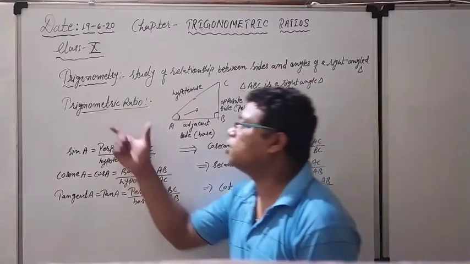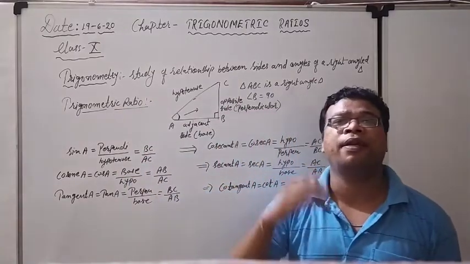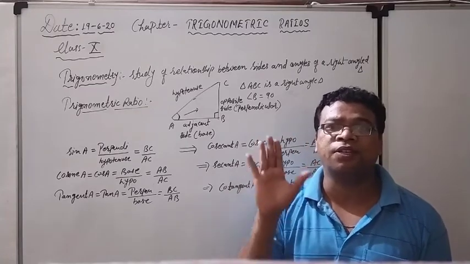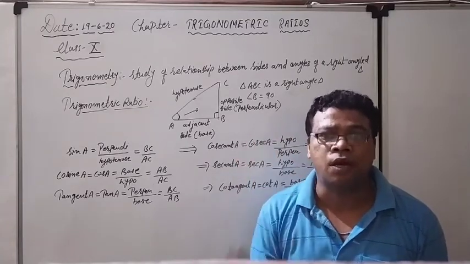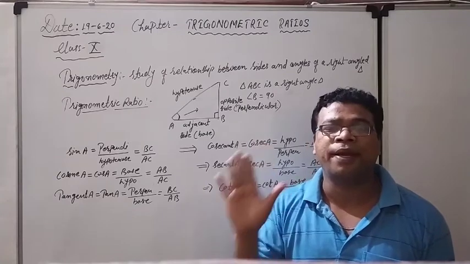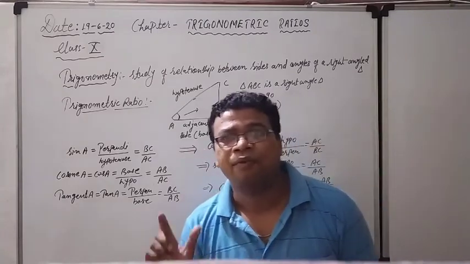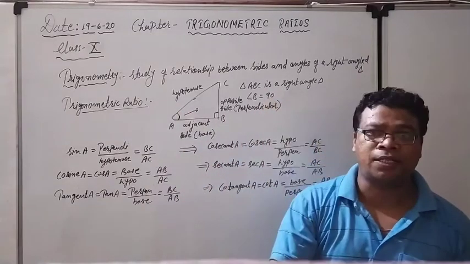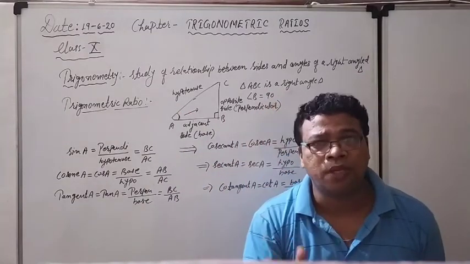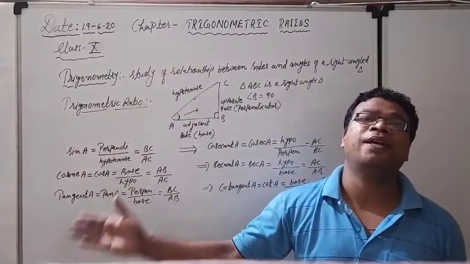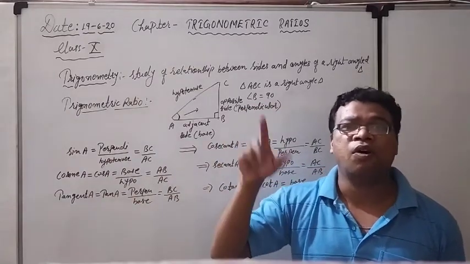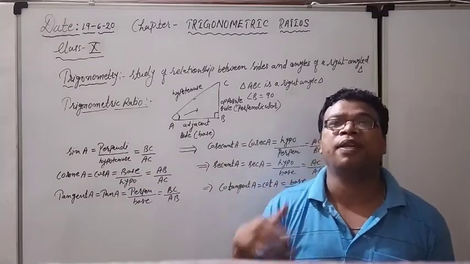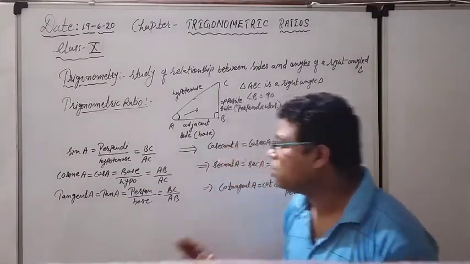Right now, first we have to know about the trigonometric ratios. There are 6 trigonometric ratios we have to learn. And why do we call them ratios? Because these are the ratios of two sides, which are represented in terms of some trigonometric angles.